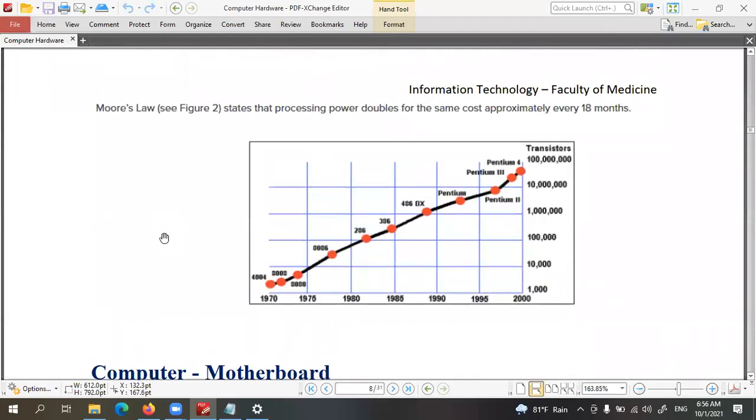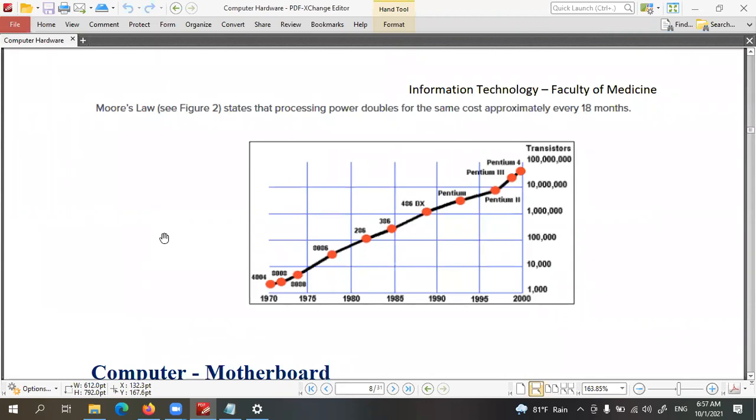Children, now there is a law which is called Moore's law. So Moore is again a scientist. Moore explained, or he says, that the processing power of electronic devices is going to double every 18 months. Every 1.5 years, the processing power is going to double.